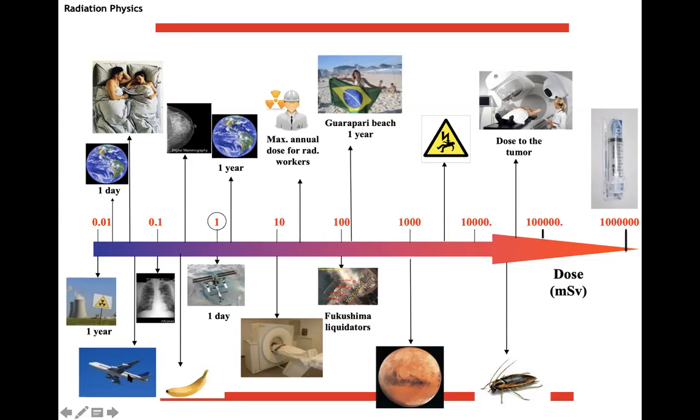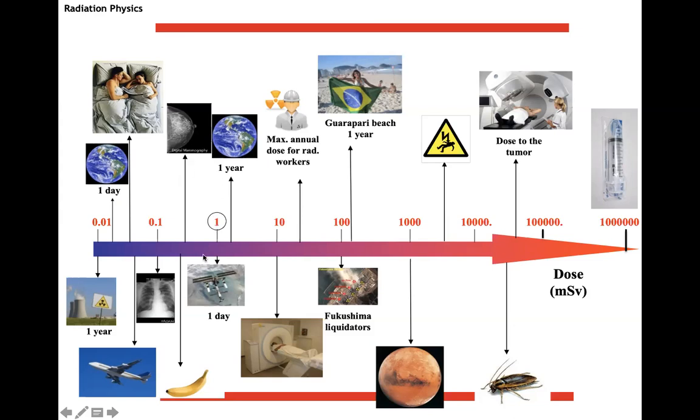Or, of course, if you fly, which is now impossible with COVID-19, so we have no more lower exposure to radiation thanks to COVID-19. But if you have pneumonia due to COVID-19, you will do a lot of chest radiography, as you see here, which is approximately 0.1 milligray, much more than sleeping. You probably have to sleep with a few people to have the same dose as in an X-ray. Then you have mammography, which is a higher dose.